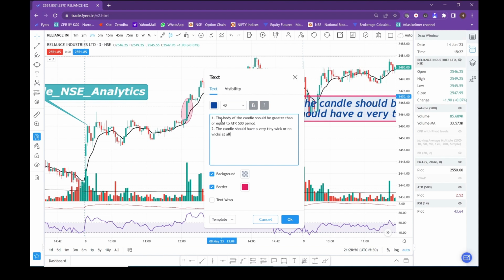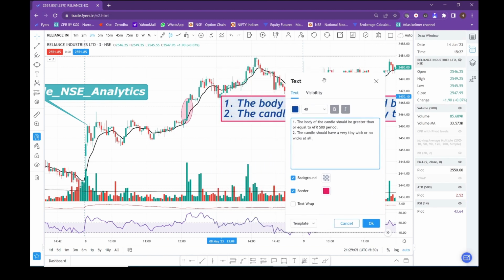So if you want to consider any momentum candle, try to avoid a candle which is having big wicks like this. You can see here at the top it has a very big wick. Try to avoid these candles